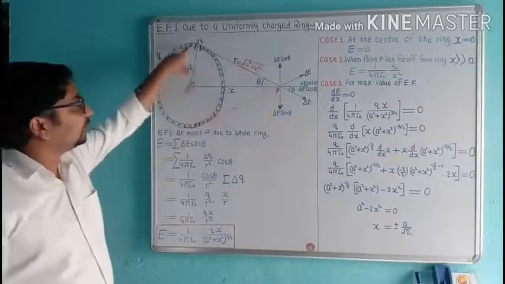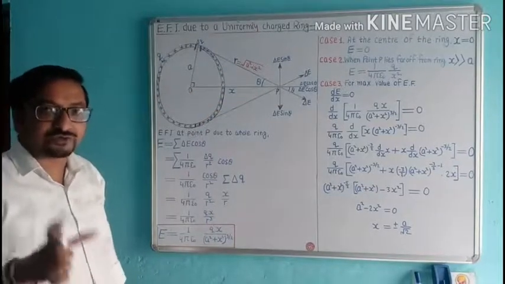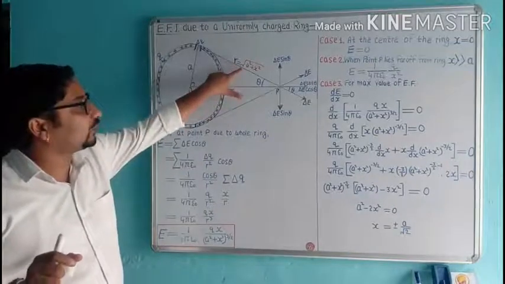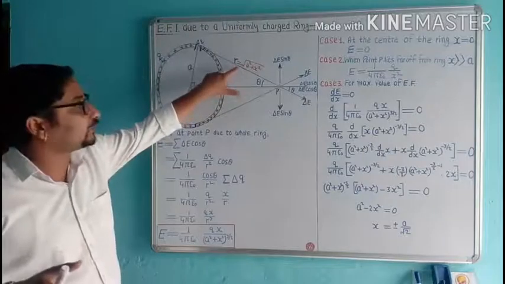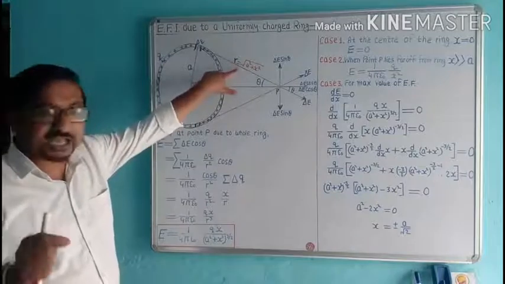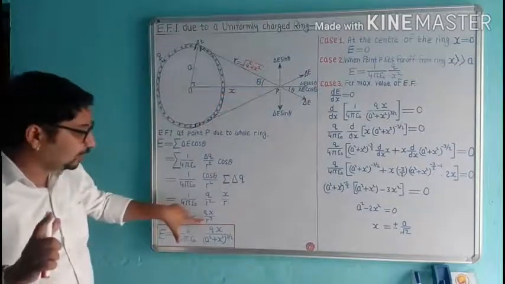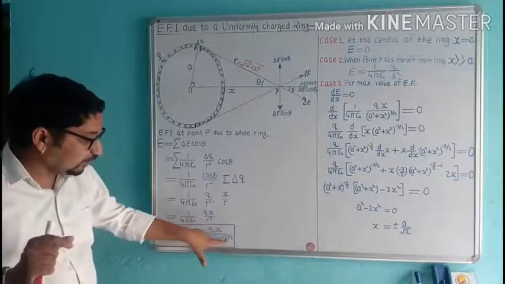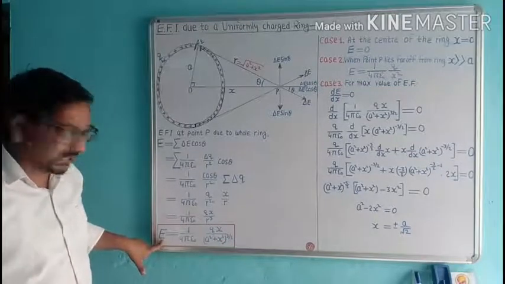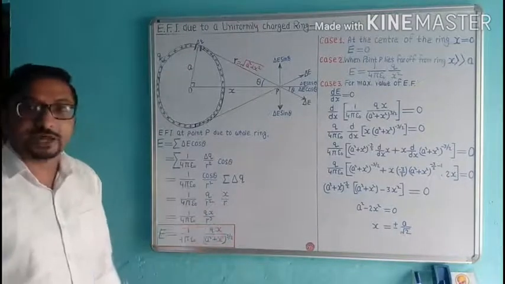In this triangle we can write r is equal to root a square plus x square, by using the formula hypotenuse square is equal to base square plus height square. We will get r is equal to root a square plus x square, or r is equal to (a square plus x square) to the power 1 by 2. We can write root as power 1 by 2. When we put the value of r, we get (a square plus x square) to the power 3 by 2. So the net electric field intensity at point P is E equal to 1 upon 4 pi epsilon naught Qx upon (a square plus x square) to the power 3 by 2.